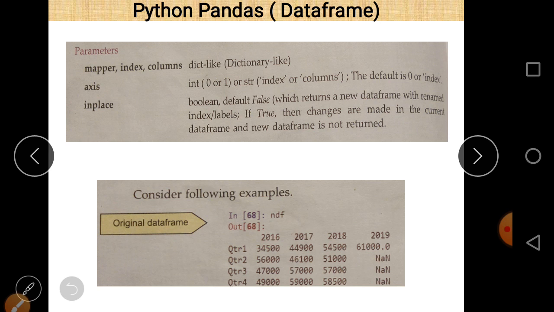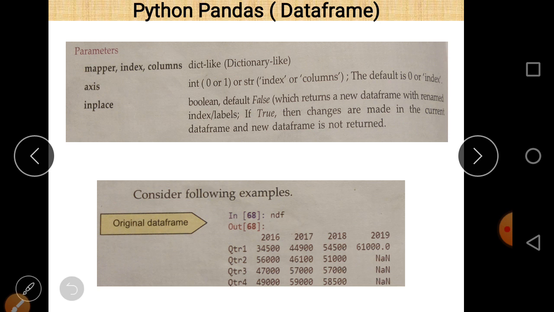And inplace: if you want to replace the data frame with the new one, then you can take inplace equal to true, otherwise by default inplace is false. If you don't mention the value of inplace, then by default it is false, which means the old data is not affected at all.